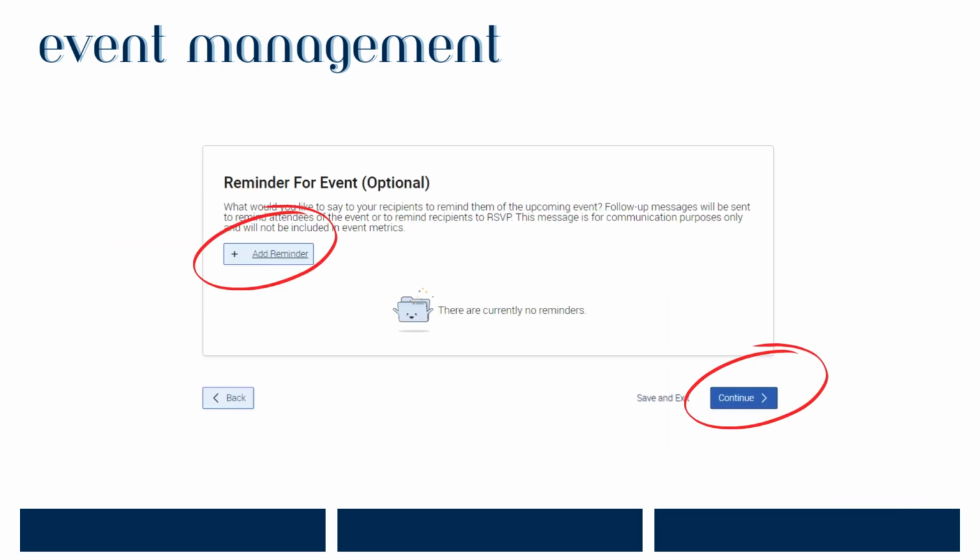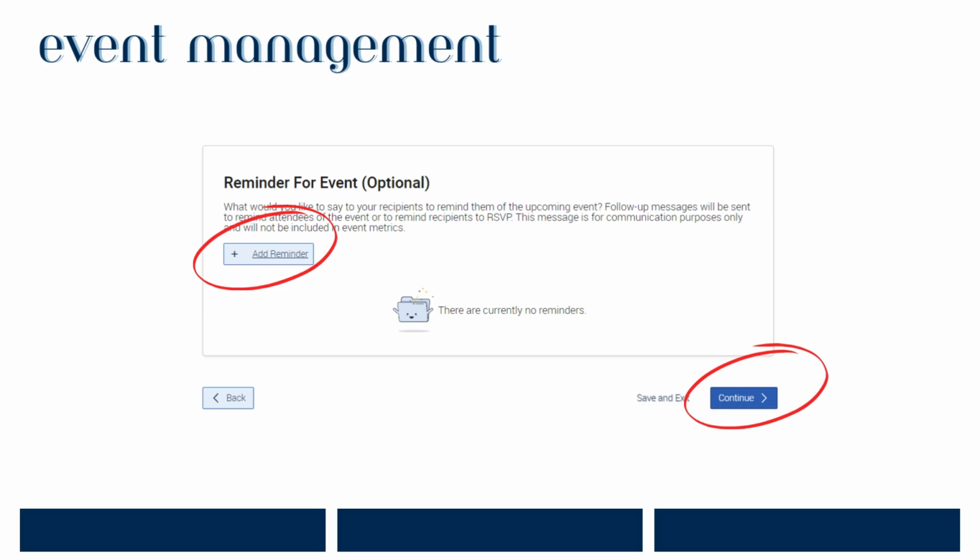As an optional feature, you are able to include reminders for the event. These can be sent to students by way of email or text and are a nice reminder for students leading up to the event. For example, some users have decided to send a text the day of the event and an email the day before the event, just because we know student schedules get busy. If you don't want to include a reminder for the event, you don't have to, but it is always there as an option. Once you've set up all of your preferred communications, scroll to the very bottom of the screen